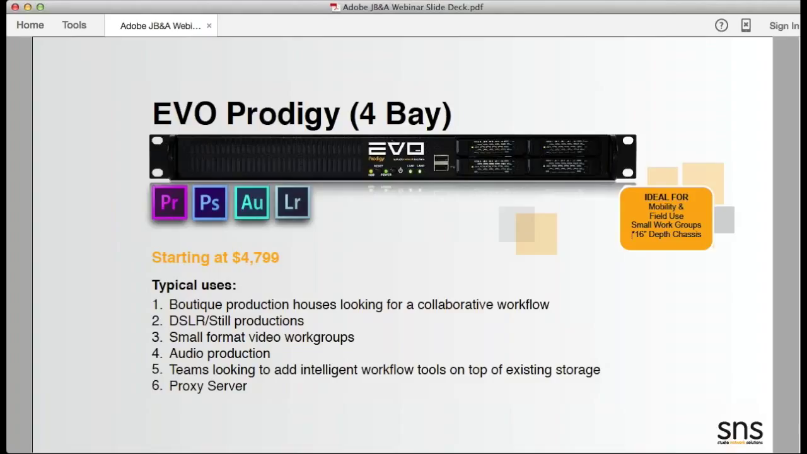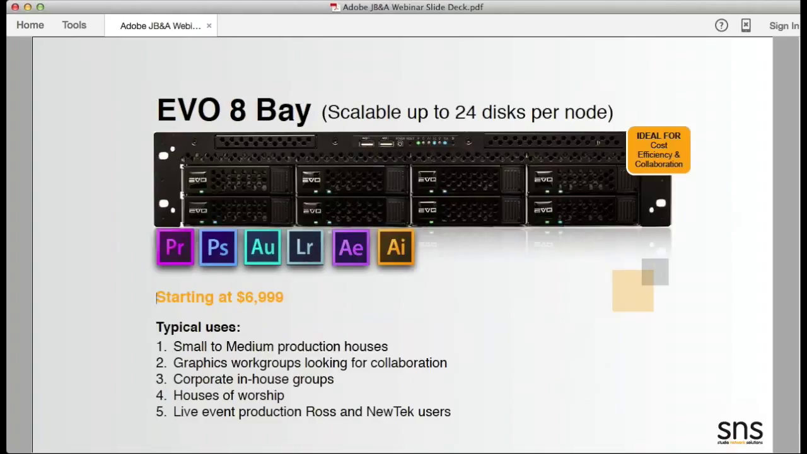As we come down, the next one up in our lineup here is the EVO 8-bay. What's neat with the 8-bay is it's a bit heftier machine. It's 2 RU, starting to get a little bigger. It can handle significantly more throughput by virtue of the number of disks, and it starts to be scalable